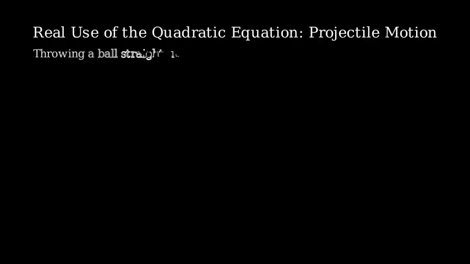Quadratic equations are everywhere in the real world. One common place they show up is projectile motion. Today we'll look at a ball thrown straight up and use a quadratic equation to answer when it will hit the ground. The height as a function of time can often be modeled by h(t) = -16t